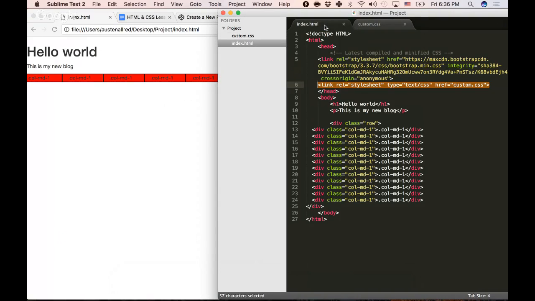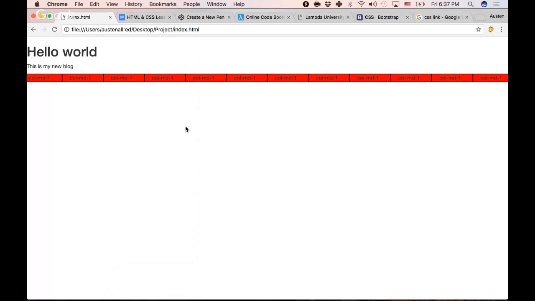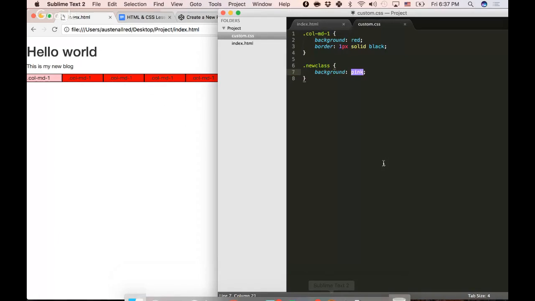It could be smart, just because of the way that Bootstrap writes some of its classes, to add a new class. So we could say new class, and then you can do that. And we'll go over that a little bit more later, because sometimes, as we talked about